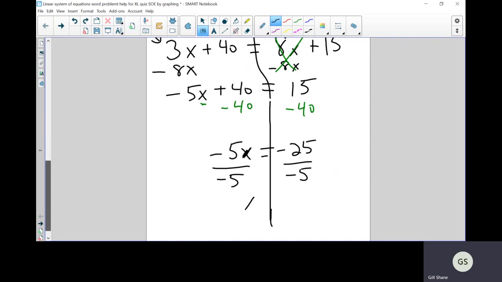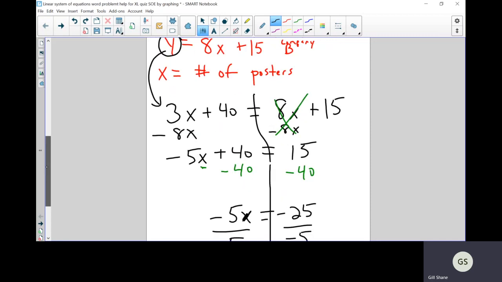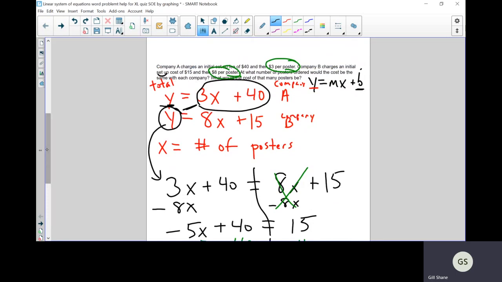And so that means x equals 5. So if I go back up, it'll tell me what I already kind of created: x is the number of posters. So that means at 5 posters, the cost of either company is going to be the same. So it doesn't matter. If I want to buy 5 posters, it doesn't matter which company I use. The total cost to me is going to be the same at that number of posters,